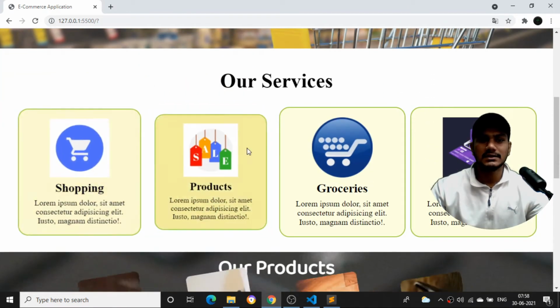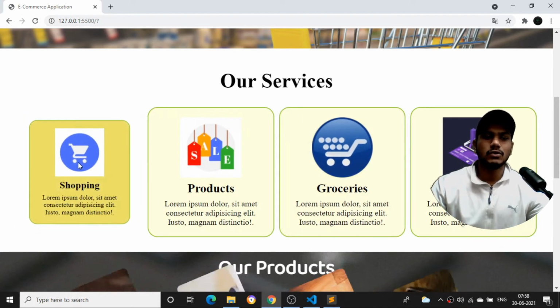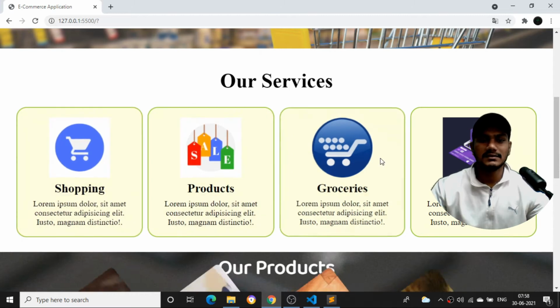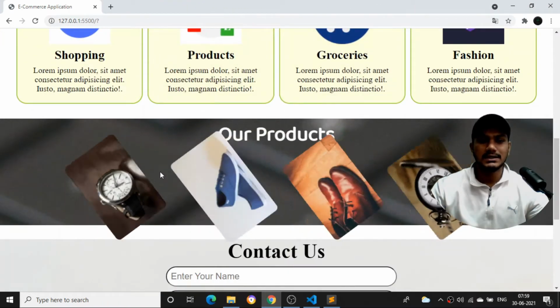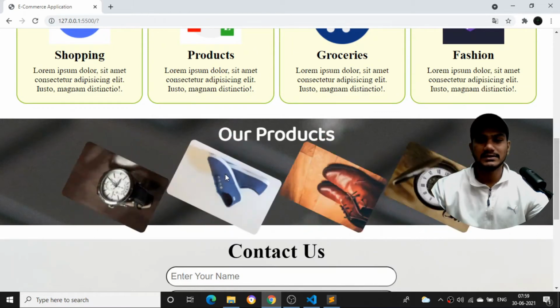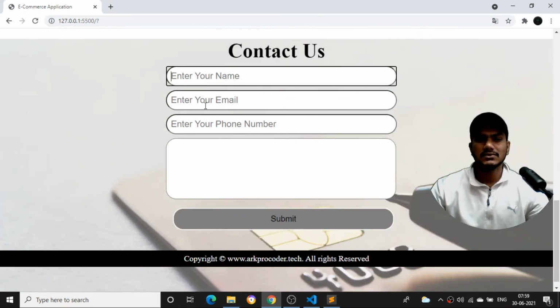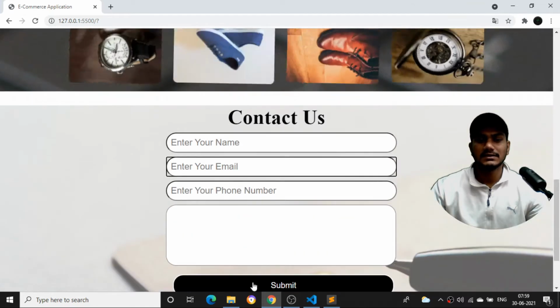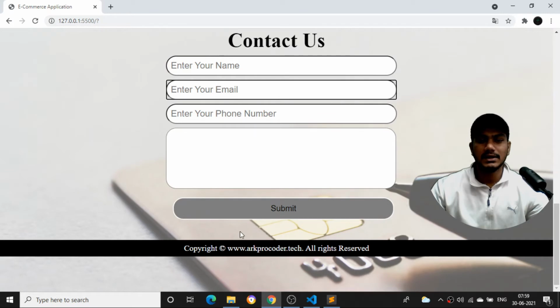You can see the transform animations have been applied for the services. You can see how to get images at the center, all these CSS properties, and the animation part for our products. I am displaying the products inside my product section. We have used pure CSS properties for the transformation and the keyframes properties of CSS, and you can see the forms over here. We can see the form as well as a button for submit. You can see how to apply the background images over here, and the footer section.